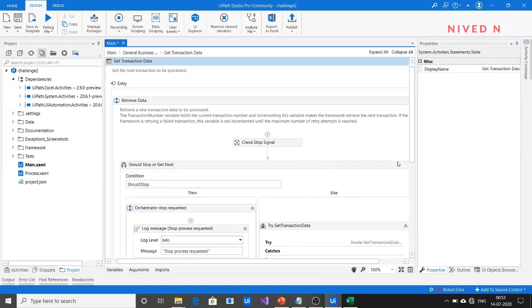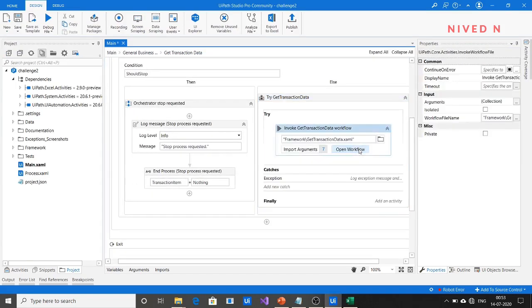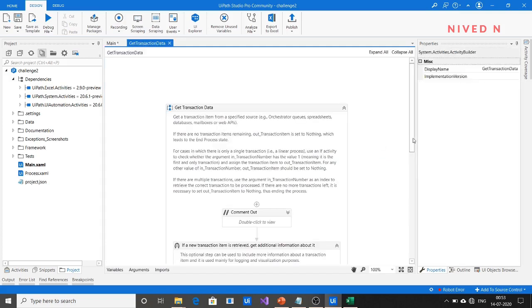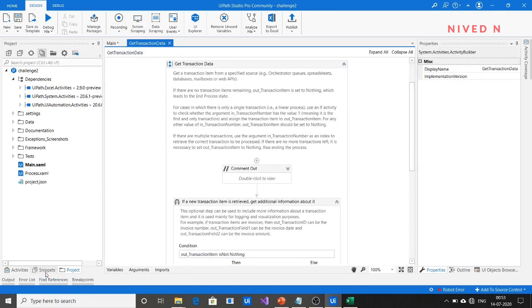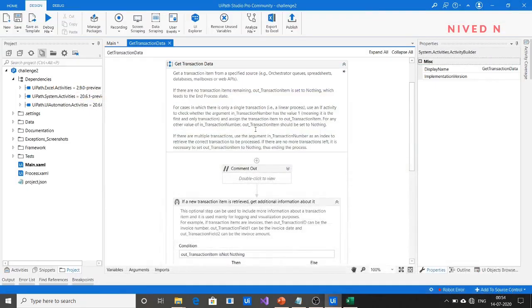For that, just open the workflow. Here we have to create two sequences. First, we have to read this attendance detail overall. Then we have to store it in a data table. From the data table, we have to assign the transaction item. That is the second sequence. So we can create it.